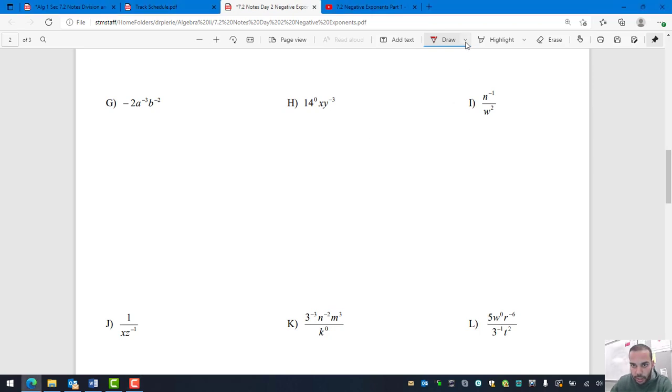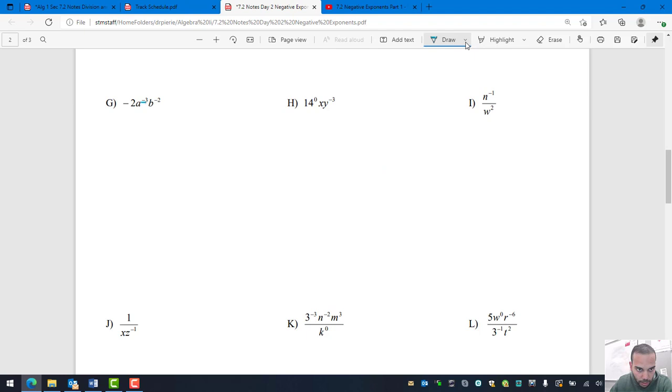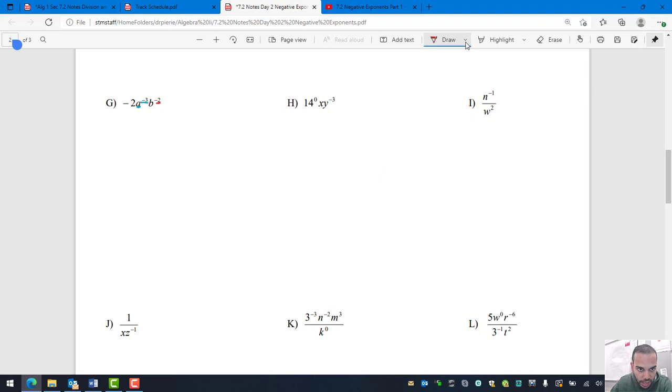Okay, so for example, if you look at letter G, the negative 3 exponent is really only attached to this a. Okay, it is not attached to the negative 2 in any capacity. If we look at the negative 2 exponent, this guy is only attached to the b. Okay, so when we're moving our terms, we got to make sure we're only moving the things that the exponent